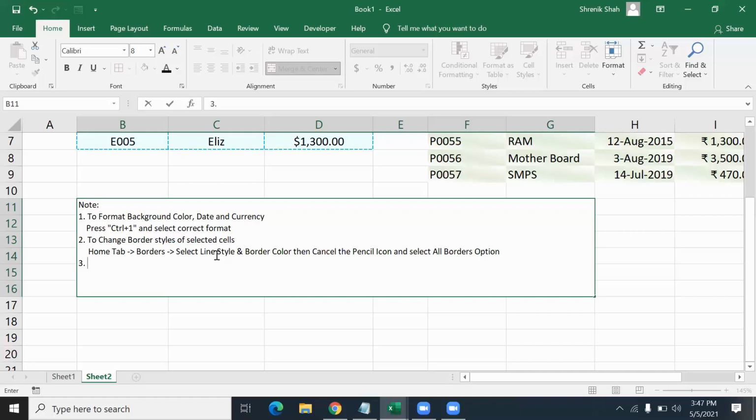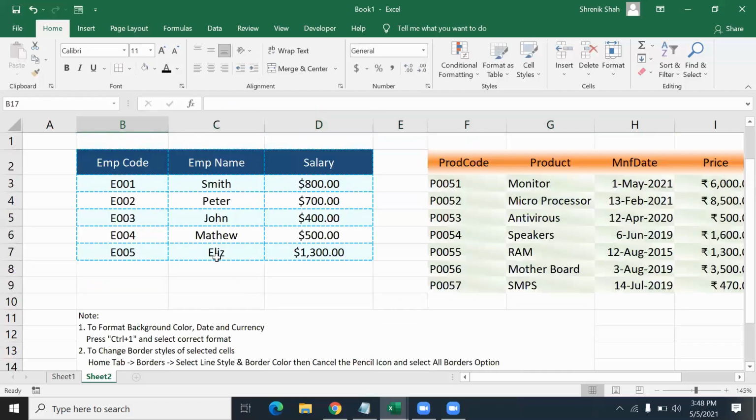Third thing is change column width. So in between two columns, click and drag mouse. This will change the column width.